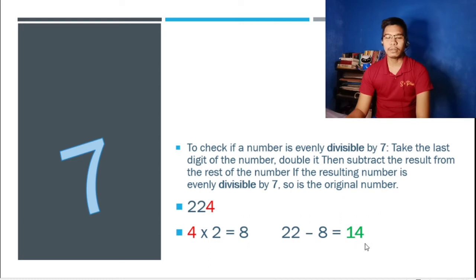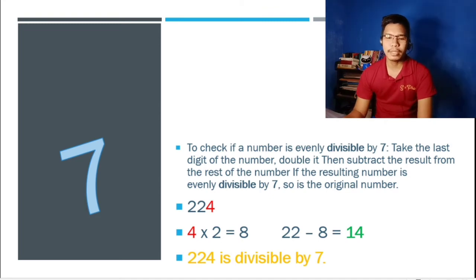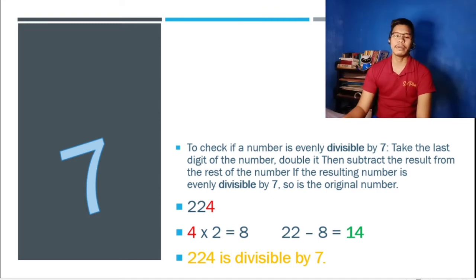The result must be divisible by 7. Obviously, 14 is divisible by 7. So therefore, 224 is divisible by 7. So all you have to do is follow the easy steps in determining if a particular number